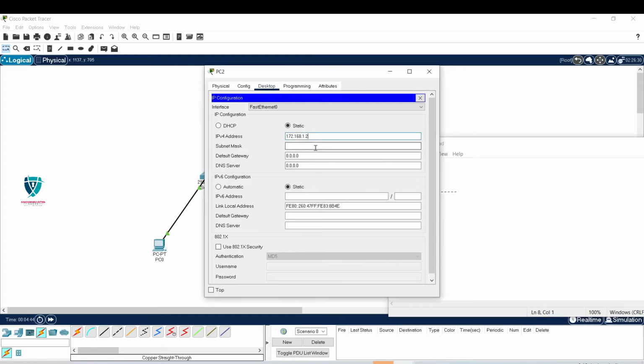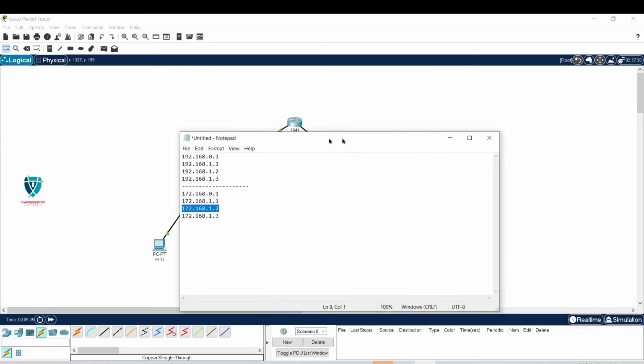I'm going to paste here, and the subnet mask will be this, and the default gateway will be the IP address of the router. So I'm going to enter 172.168.1.1. Okay, then close it.